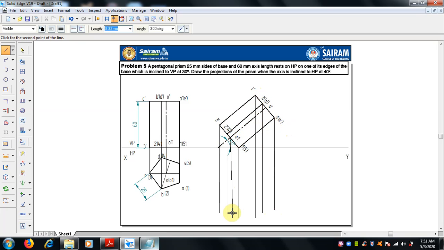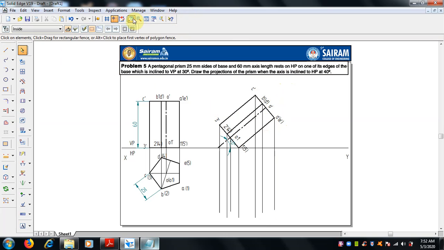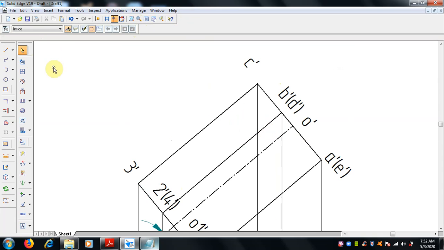Axis line. Select the end point or intersection point. Zoom it, we have to select this axis end point.